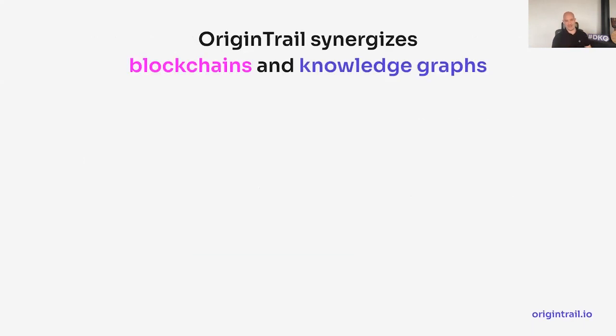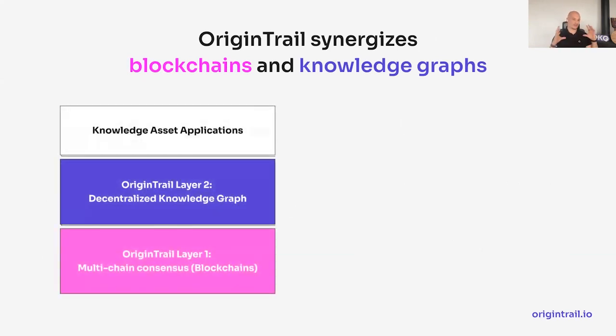It actually combines the power of blockchains and knowledge graphs together, and you can sort of consider it as a 3-layer system. There's this bottom layer of blockchains, and actually multiple blockchains at that. We really believe in the principle of neutrality and the ability to choose which blockchain you want to use, and therefore OriginTrail has been deployed to multiple blockchains throughout its history. Layer 2 is the decentralized knowledge graph. That's not a blockchain. It's a network that is specifically tailored for the graph operations. And then on top of that, you can build all kinds of applications.